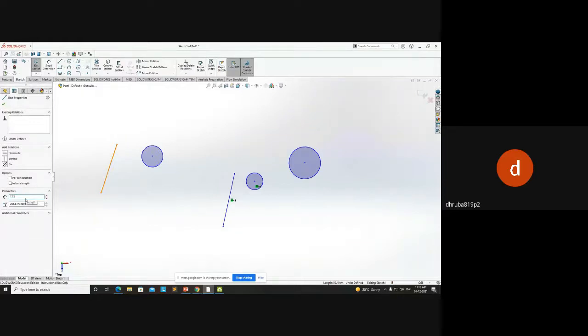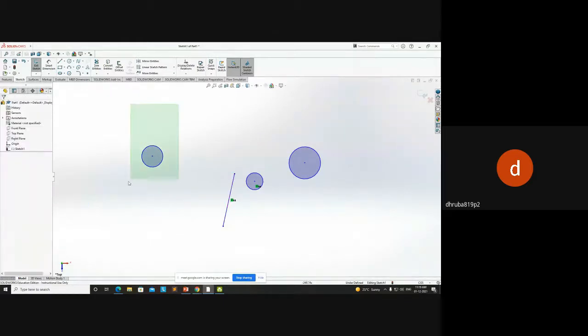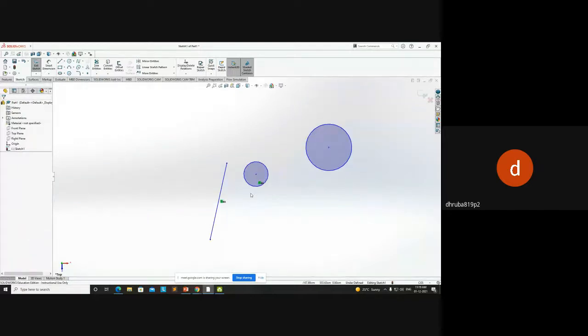Yeah, 0.568. Okay, so by using equal curve length,